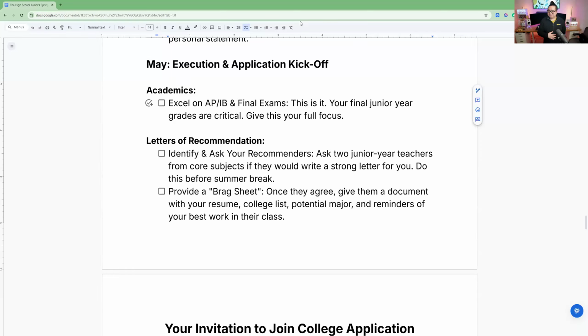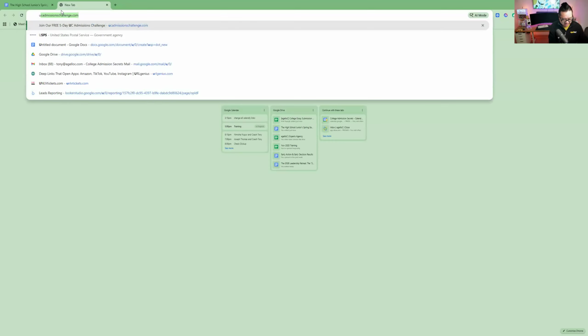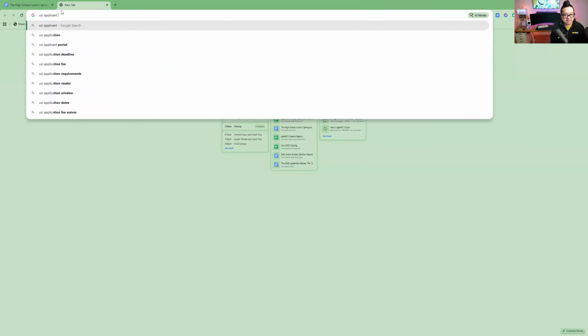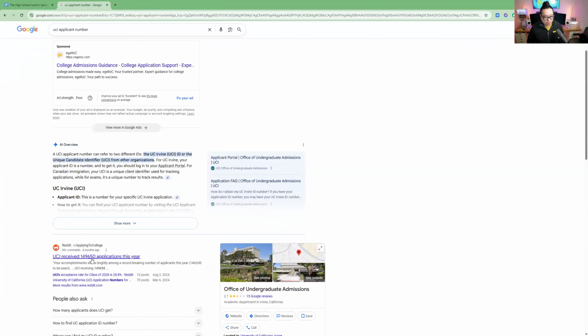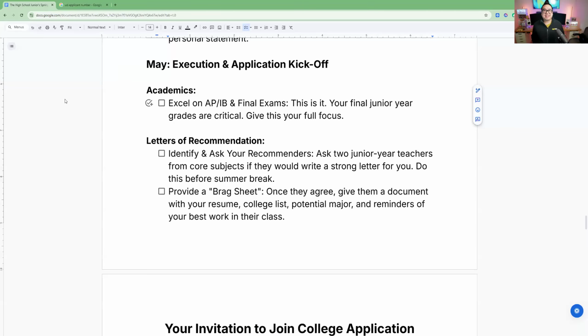Someone here said 50,000. Okay. I think it's a little higher. Someone said 70, right? UCI applicants number. UCI last year had 149,000 applications. 150,000 people applied for a small bit of spots is the key there.